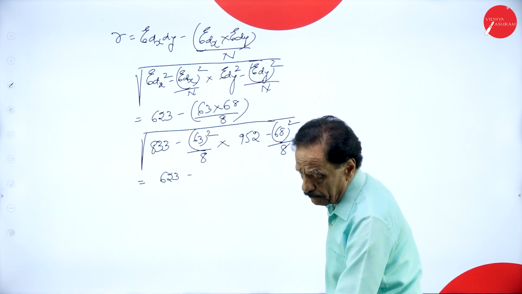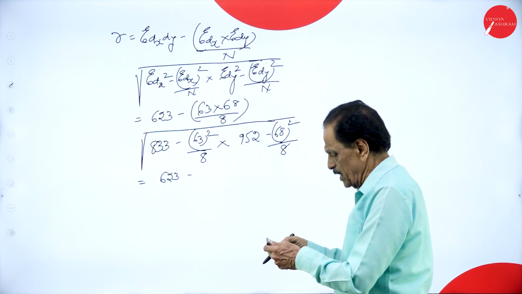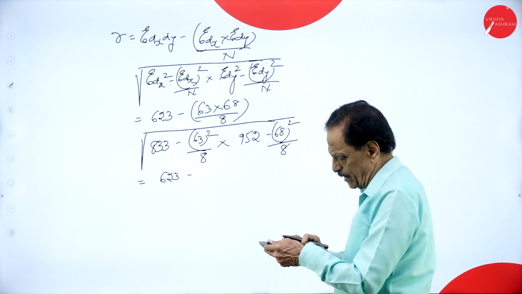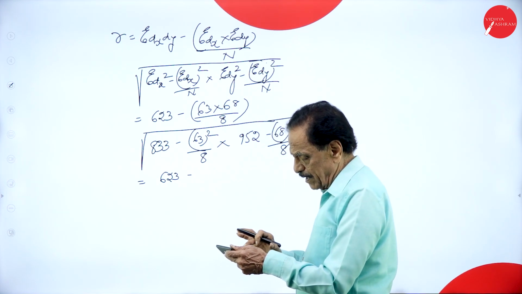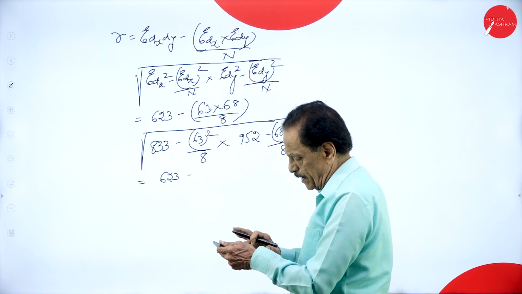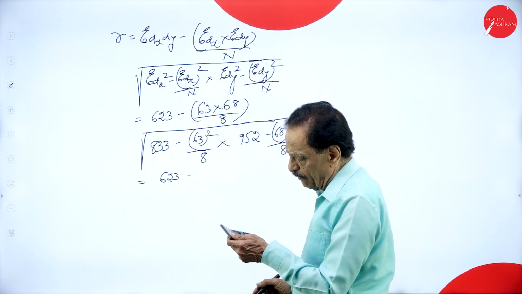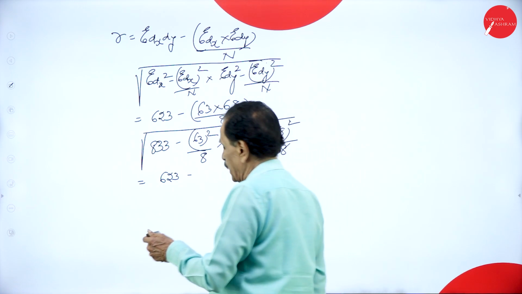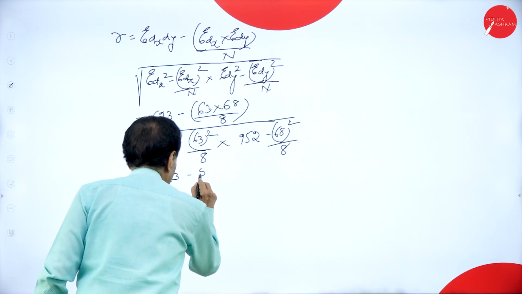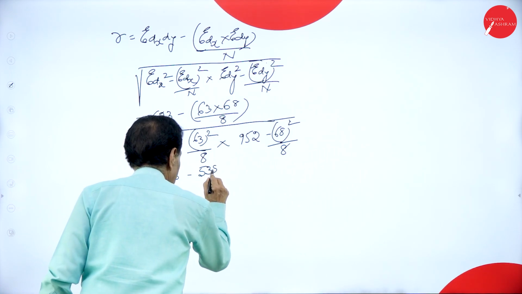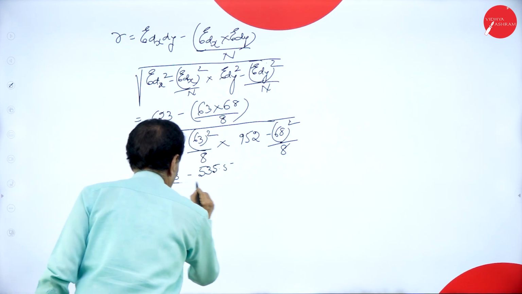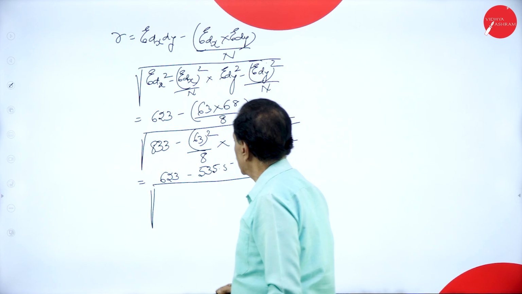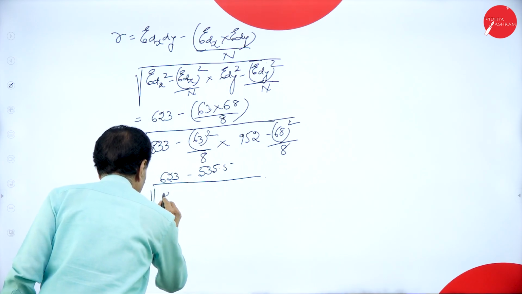623 minus 63 into 68 divided by 8, that is 535.5. 535.5 divided by root of 833 minus